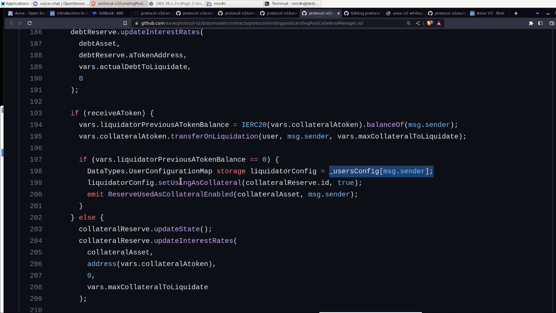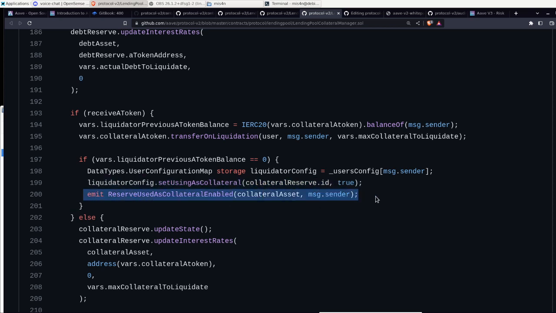So we're going to set the liquidator configuration to where these collateral reserves are coming from. Probably we're setting that we're using the current underlying asset as collateral in my liquidator configuration. So we're just setting that, okay, this user is using this asset.